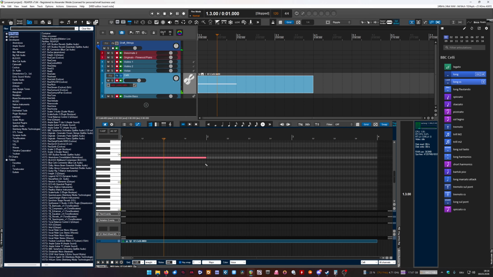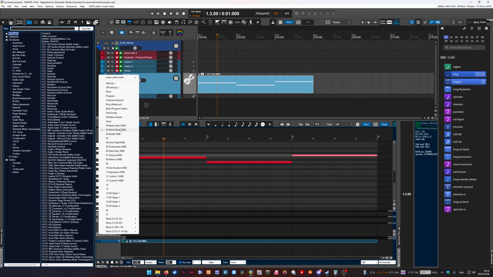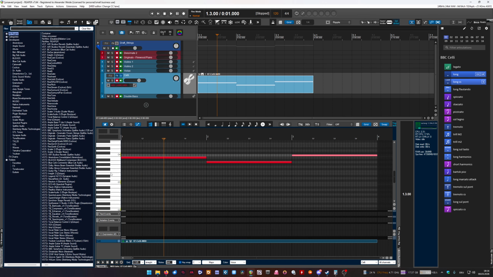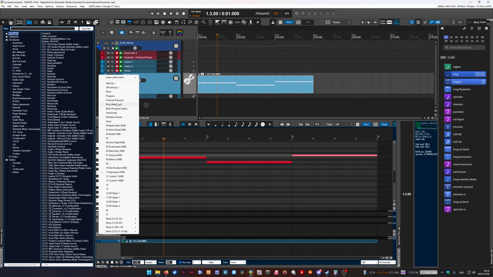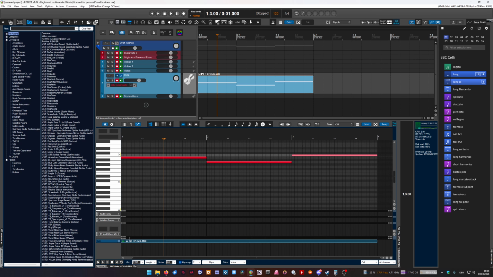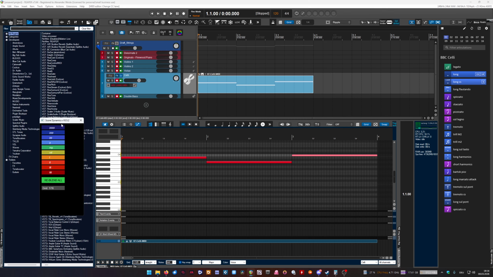That is important. We need notations, otherwise it will not work. And of course, we have no mod wheel dynamics, nothing so far, as well as no CC11 values. It's empty. And usually we want to write notations, or we want to have a clear overview over the dynamics. So what I did here is I created the first tool, which is a score dynamic menu bar. It's version 10.5.2,